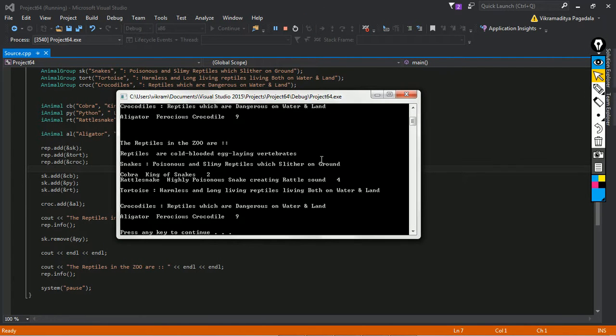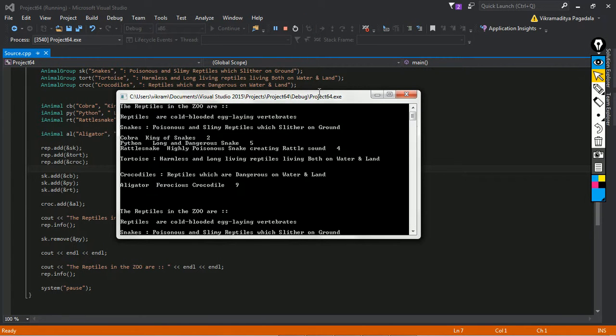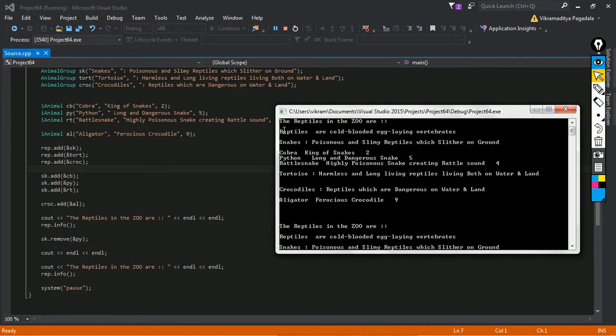Okay, so here is the output. I'm printing the reptile first, then the snake, and as you can see, I'm first passing in the snake elements, then I'm passing in the crocodile elements.